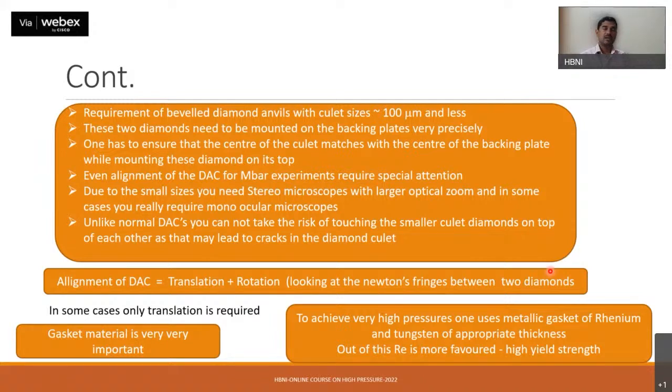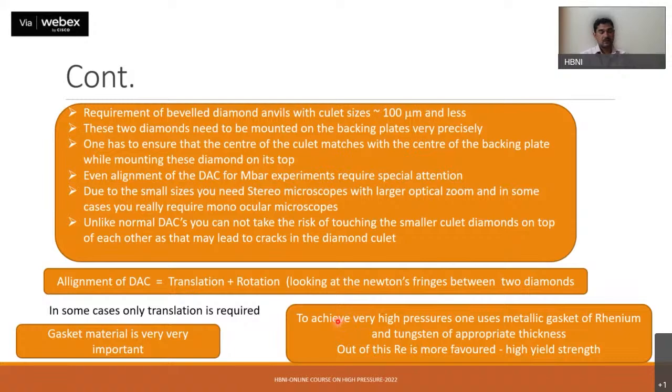So if you want to align the translation, you have to look at the edges of the diamond culet. If you want to align the tilt between these diamonds, you have to just give the rotation to one of your anvils, which has the arrangement of rotation. In some cases, only translation is required, where you have perfectly polished diamonds, perfectly polished seats, and a perfectly polished mechanical assembly of